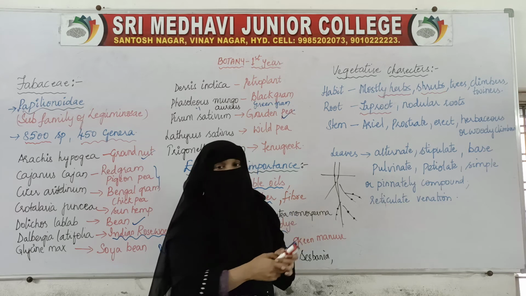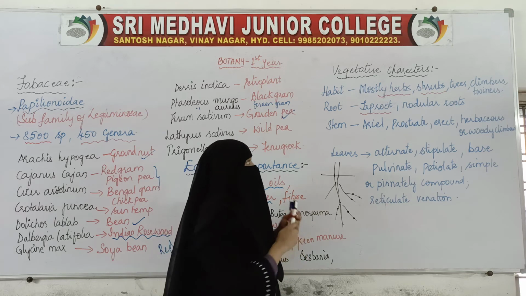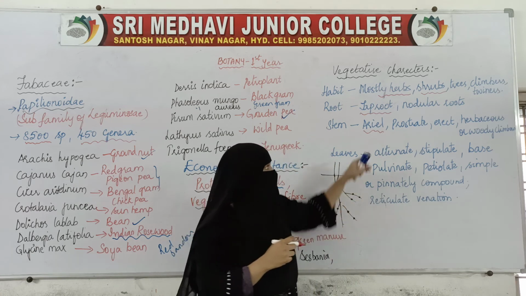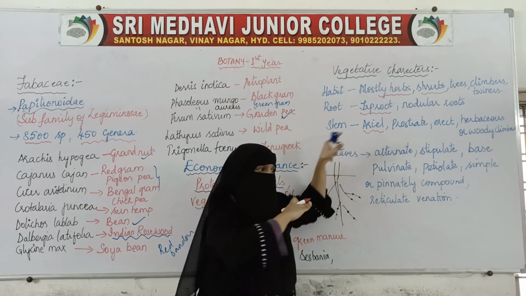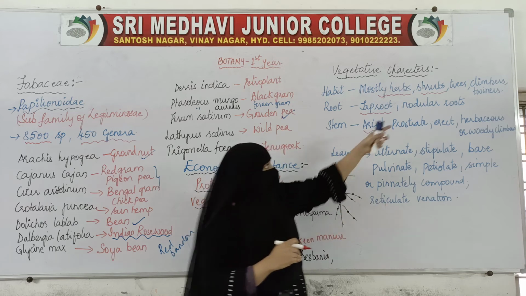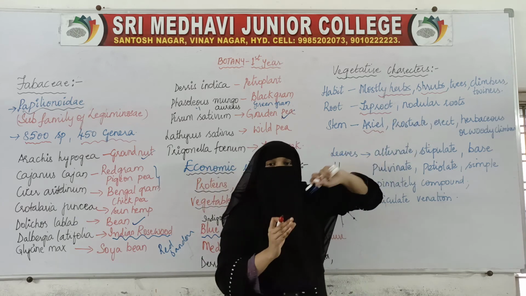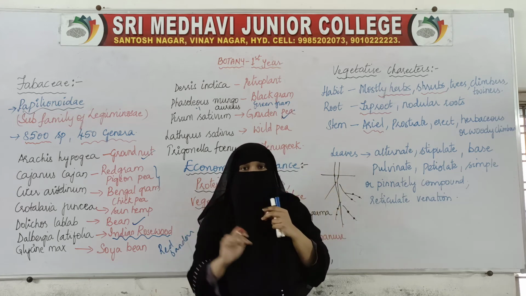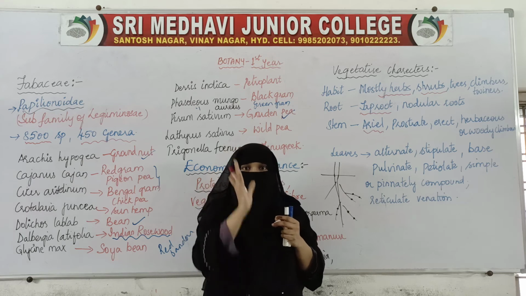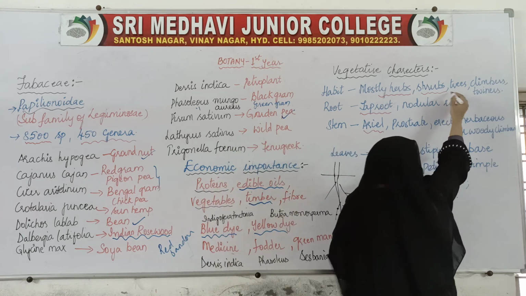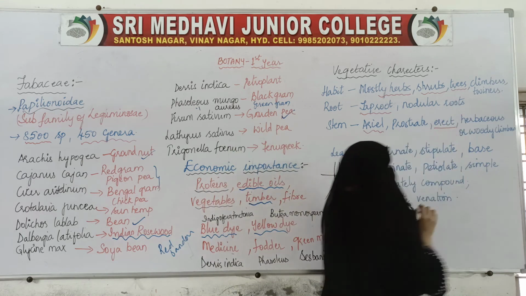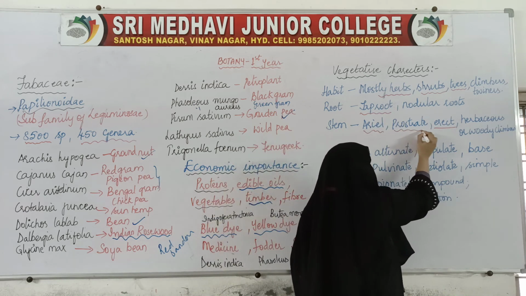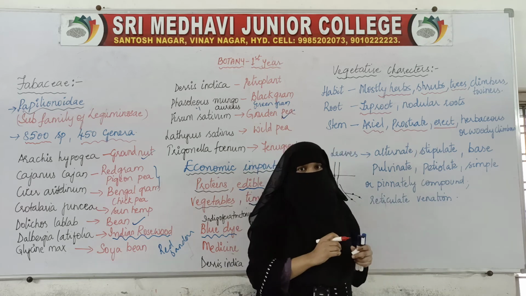Then coming to the stem. Here the stem is aerial. Aerial means above the ground. Prostrate means lying on the ground, because the climbers and twiners are there, weak stem plants are there, so they will be prostrating. They will be just lying on the ground. They won't be standing erect. So some will, because these trees are there, so they will be erect. Okay, climbers, twiners, or herbs are there, here they will be prostrating, that is lying on the ground.